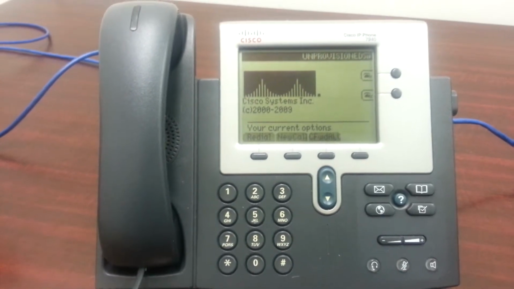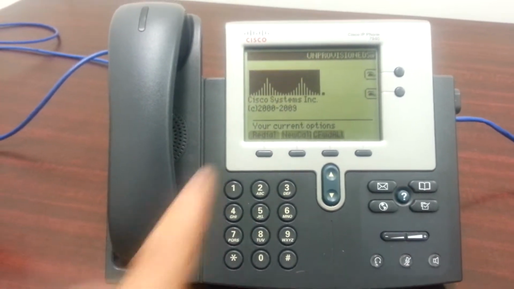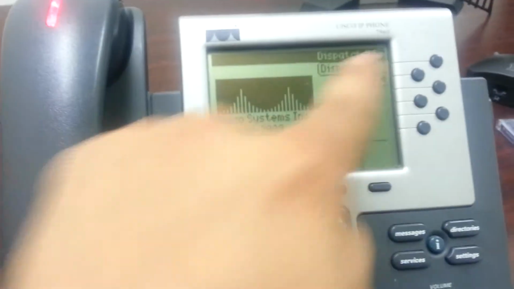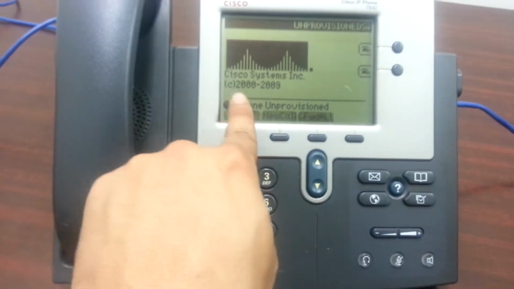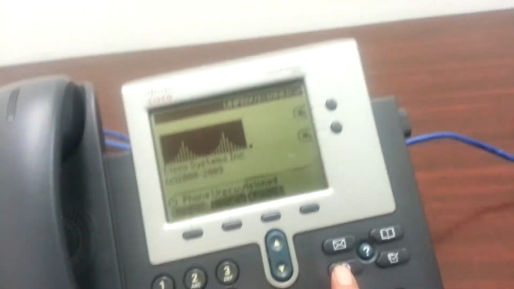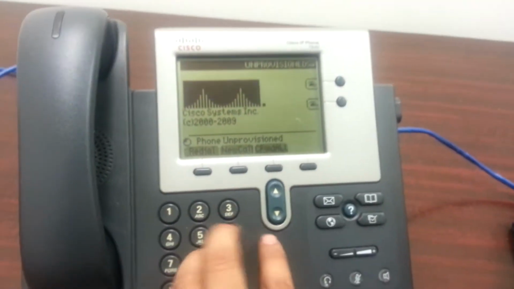And then it'll give you provision, right? Meaning there's no extensions or anything like this one, right? There's extensions and all that good stuff. So it says phone unprovision. So the way that you do it is you go *6 and give me 1 second, *6 and